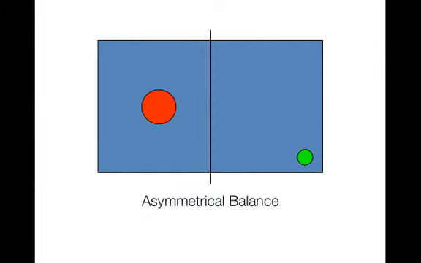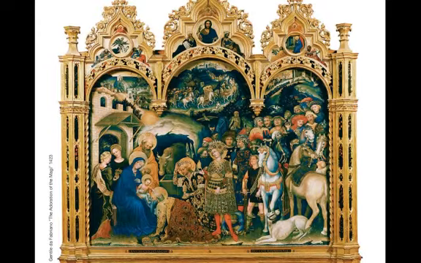The second is the idea of asymmetrical balance, and here we're paying particular attention to the notion of difference. The left side is visibly different from the right. Asymmetry is very similar to the mathematical definition where the two sides don't look anything alike. So in this example, Gentile da Fabriano's The Adoration of the Magi from 1423, asymmetry has been used if we